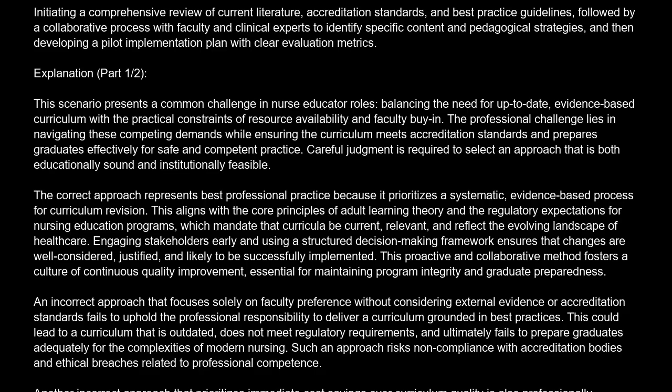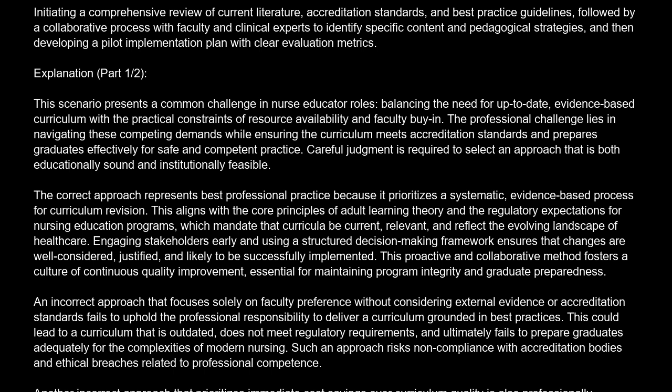The correct answer is C. Initiating a comprehensive review of current literature, accreditation standards, and best practice guidelines, followed by a collaborative process with faculty and clinical experts to identify specific content and pedagogical strategies, and then developing a pilot implementation plan with clear evaluation metrics. Explanation: This scenario presents a common challenge in nurse educator roles, balancing the need for up-to-date, evidence-based curriculum with